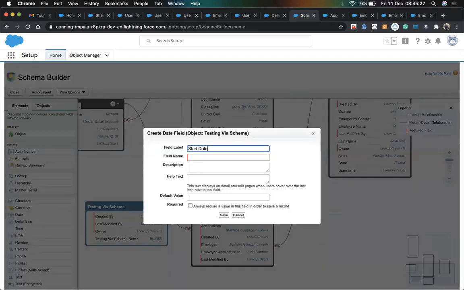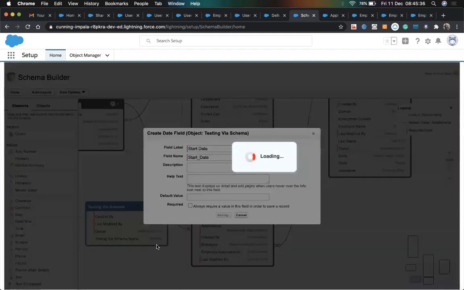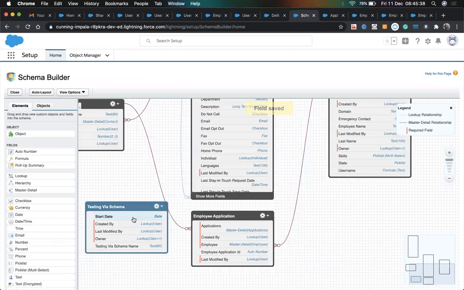Start date, and help text, everything. If you want to make it required, else just hit save and it will add it here. Simple. It's a very simple process to create an object. So to create an object, or to create fields for any object, and it also helps us